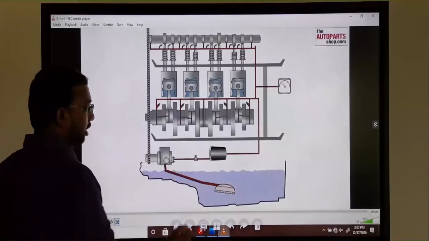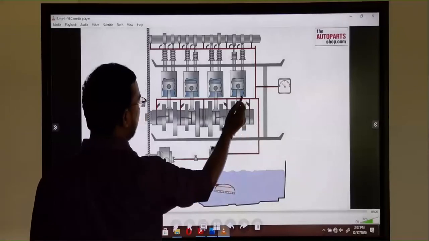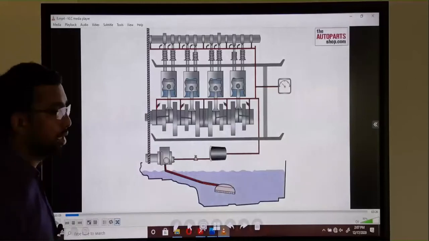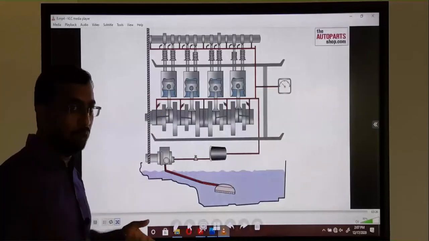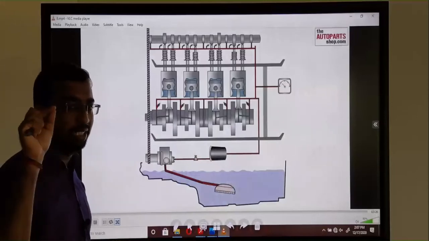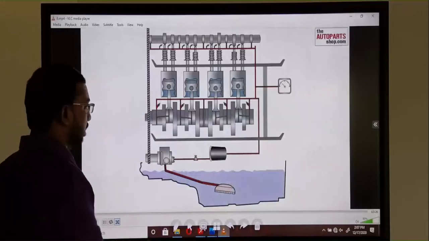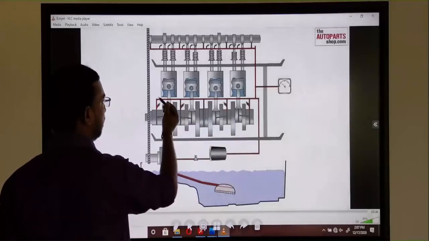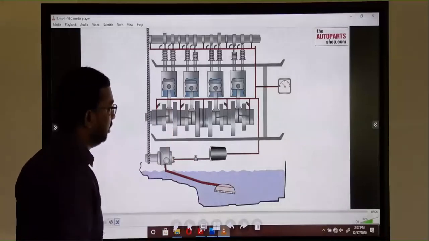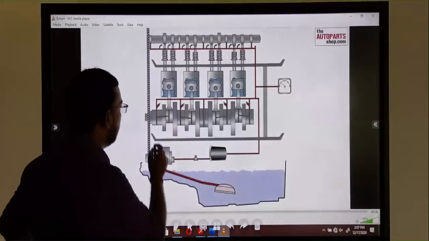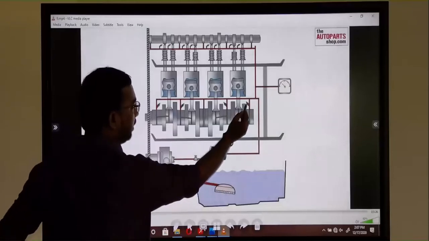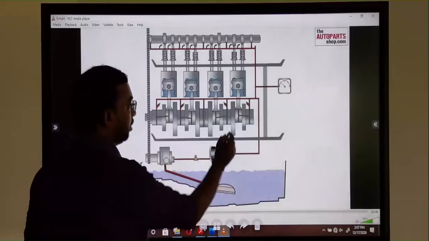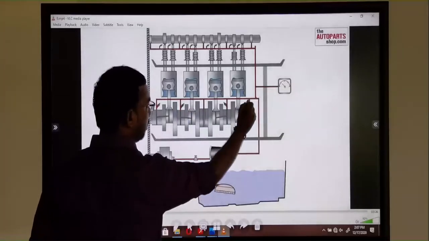Here you can see this oil path line. In the cylinder engine block, there is a small hole, a small passage, and the oil enters this passage. There is one here also. This is a sprout. A sprout is like a gun, a sprayer, so the oil comes out like this.